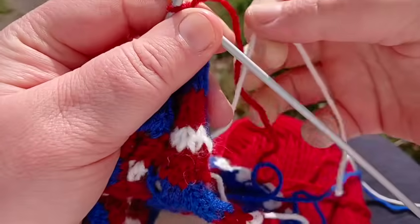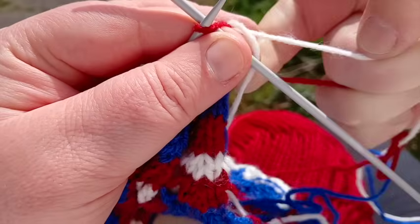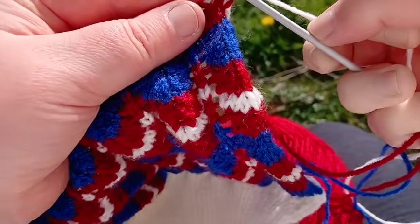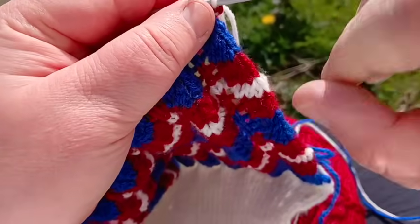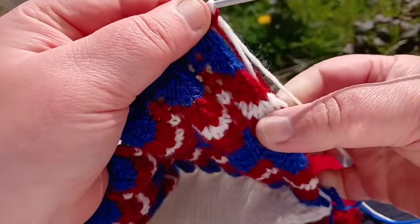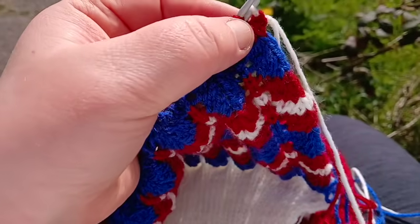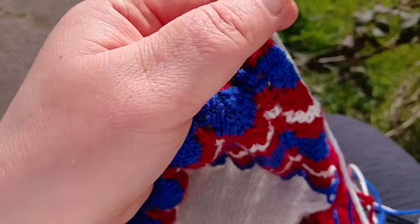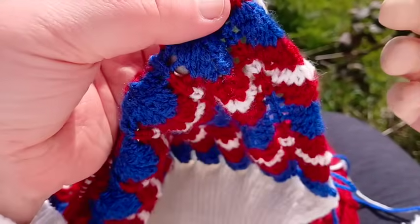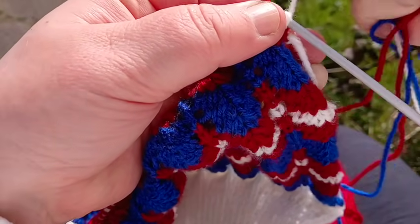wind them around, sort of thing, and then do that. The thing I'm checking every single time I change colour is to make sure that this strand that's just connected has got plenty of leeway. So see how my needle is holding it like that? So if I do that, change the needle slightly, that gives you the full length, and yes, there's plenty of give there. So we'll carry on, hold that red, make it nice and tight,